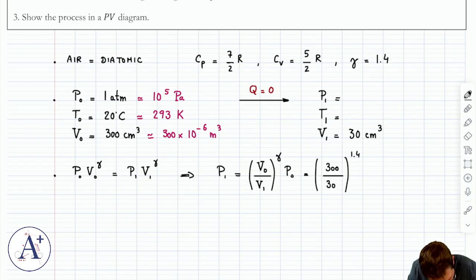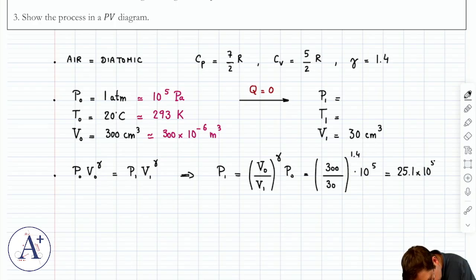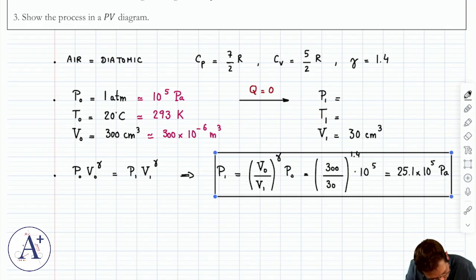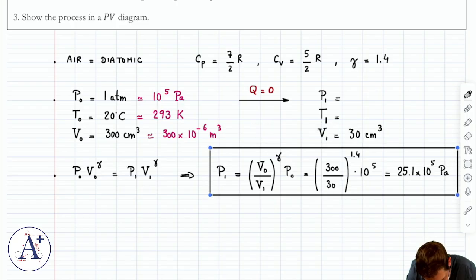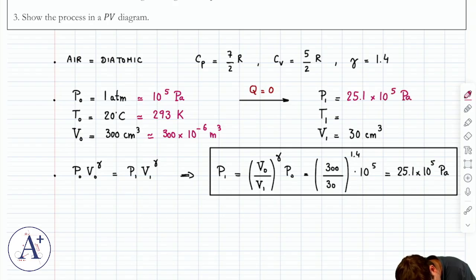However, okay, P0 has to be 10 to the 5 so that P1 is in Pascal. That is 25.1 times 10 to the 5 Pascal. Arguably 25.1 ATM, but I'm going to give the answer in Pascal because if I need it later, I'd like it to already have the right units. Okay, so I found P1,